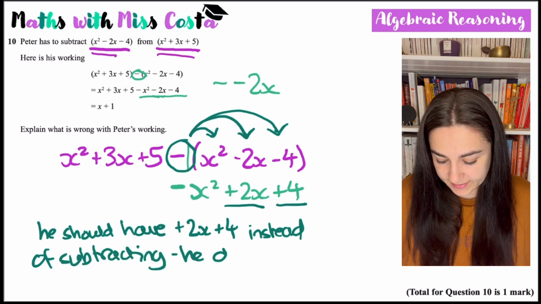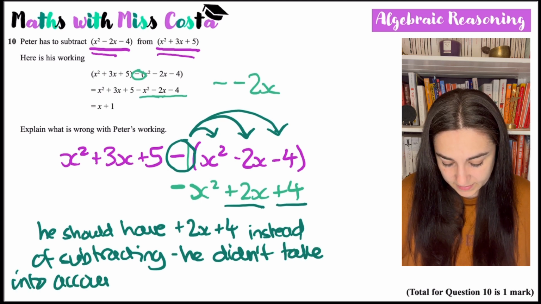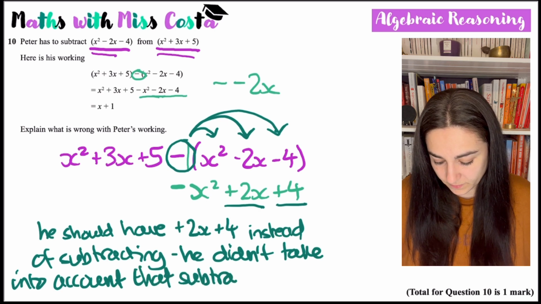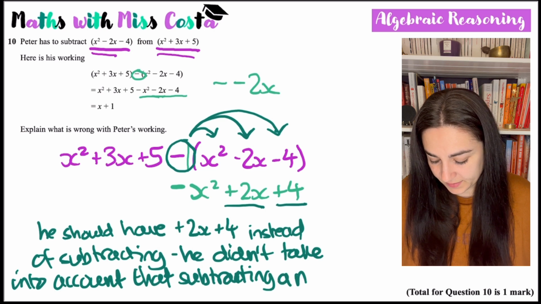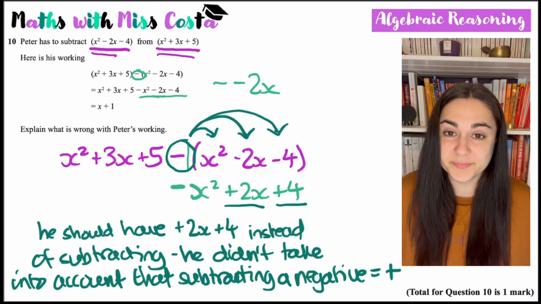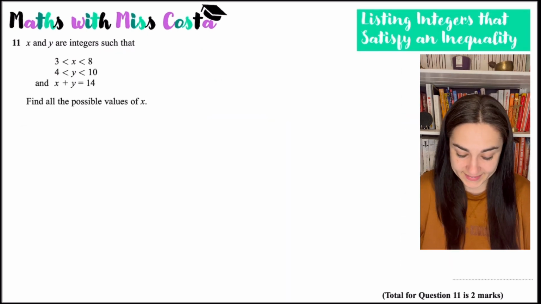He didn't take into account that subtracting a negative leads to a positive. So in this question, I have been told that x and y are integers such that